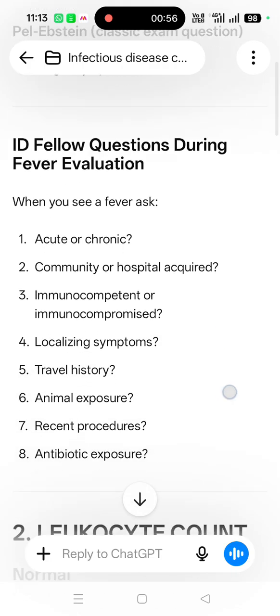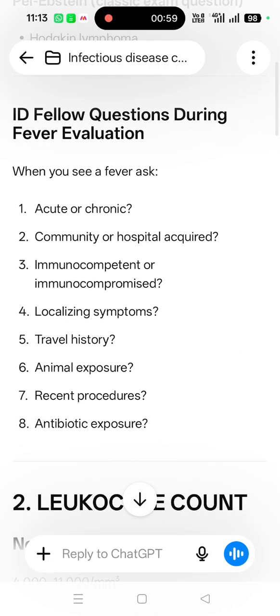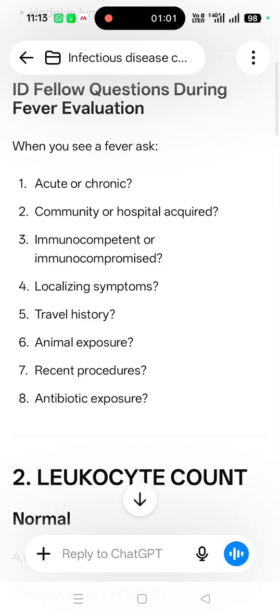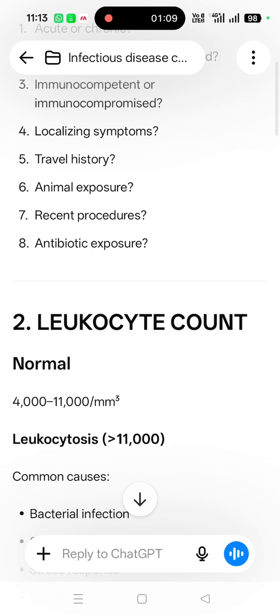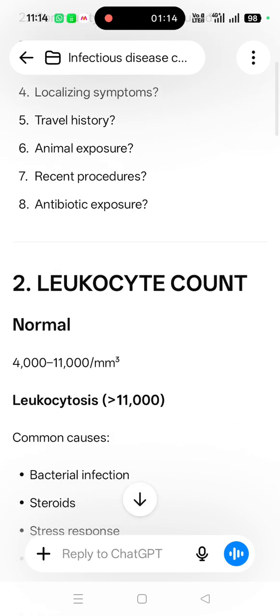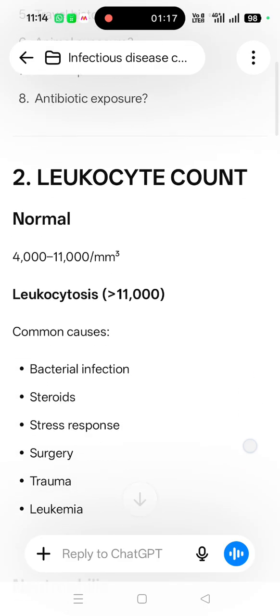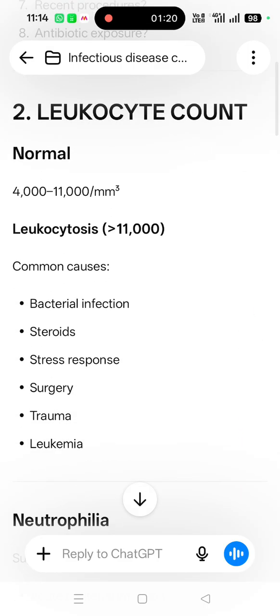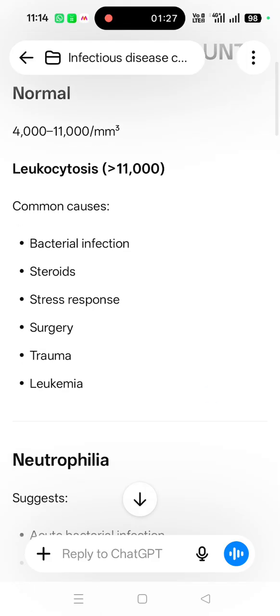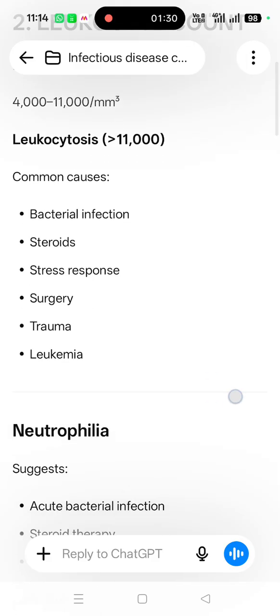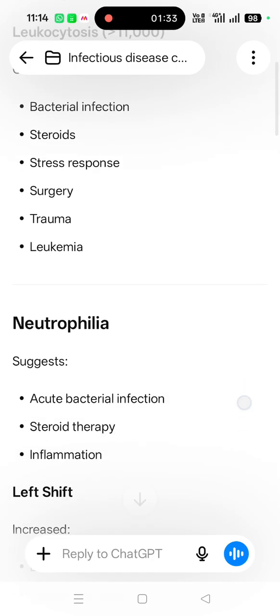Then ID fellowship question during fever evaluation. When you see a fever, ask whether it is acute or chronic, community or hospital acquired, immunocompetent or immunocompromised, localizing symptoms, travel history, animal exposure, recent procedure, antibiotic exposure. Then leukocyte count, normal is 4,000 to 11,000. Leukocytosis common causes are bacterial infection, steroids, stress response, surgery, trauma,